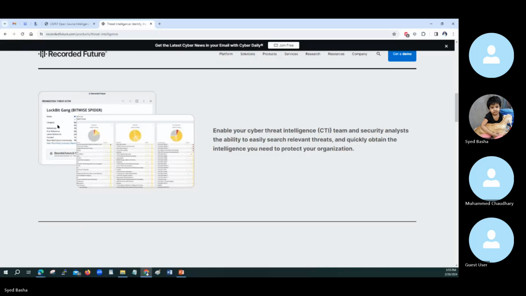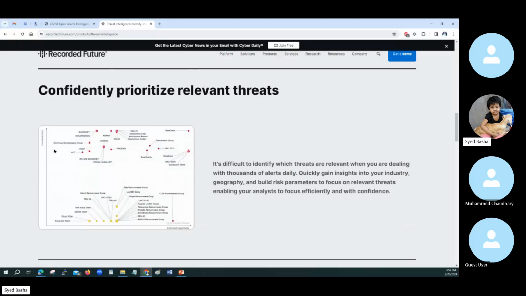See this. These are all some IP addresses and domain names which you should be aware of, and keep yourself away from them. So these are the intelligence they will feed you from time to time. That is what you can benefit from this company.